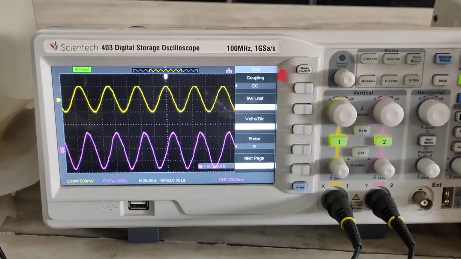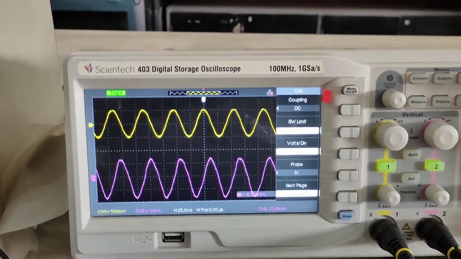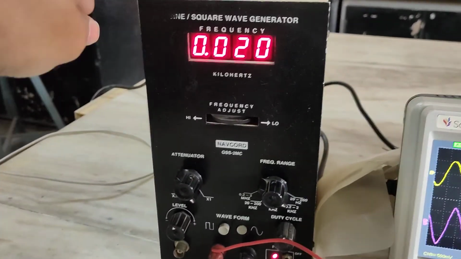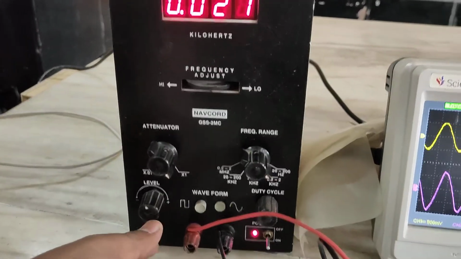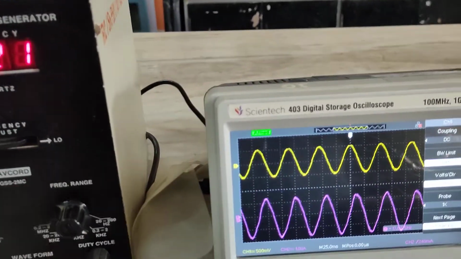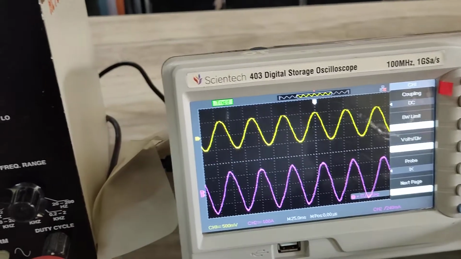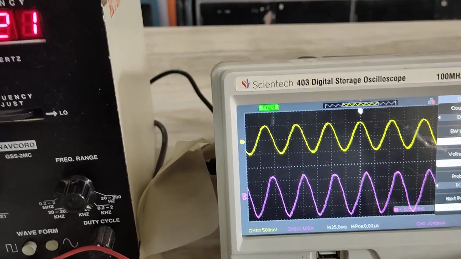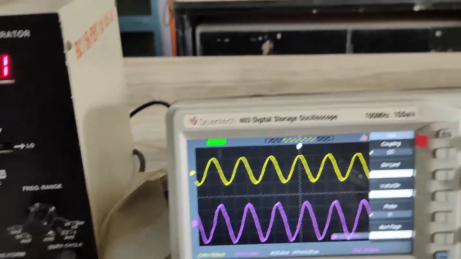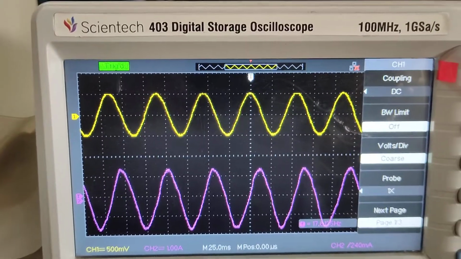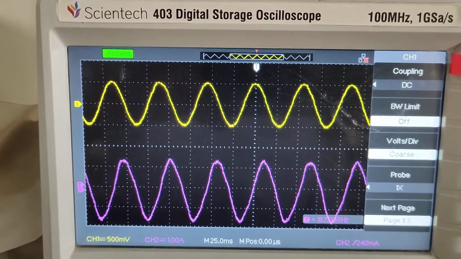First, you have to adjust the input voltage VS, which we adjust with the help of the signal generator, where we have a level control. With the help of this level, I will make the input voltage VS 1 volt. So VS we have made 1 volt, and this can be measured with the help of the peak to peak voltage. Here all the AC voltages which we measure will be peak to peak.